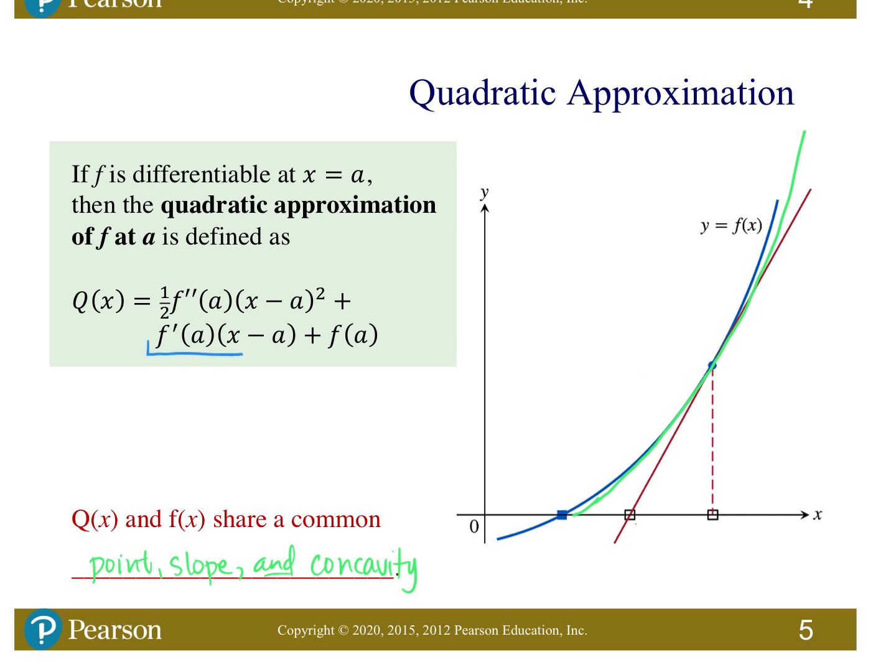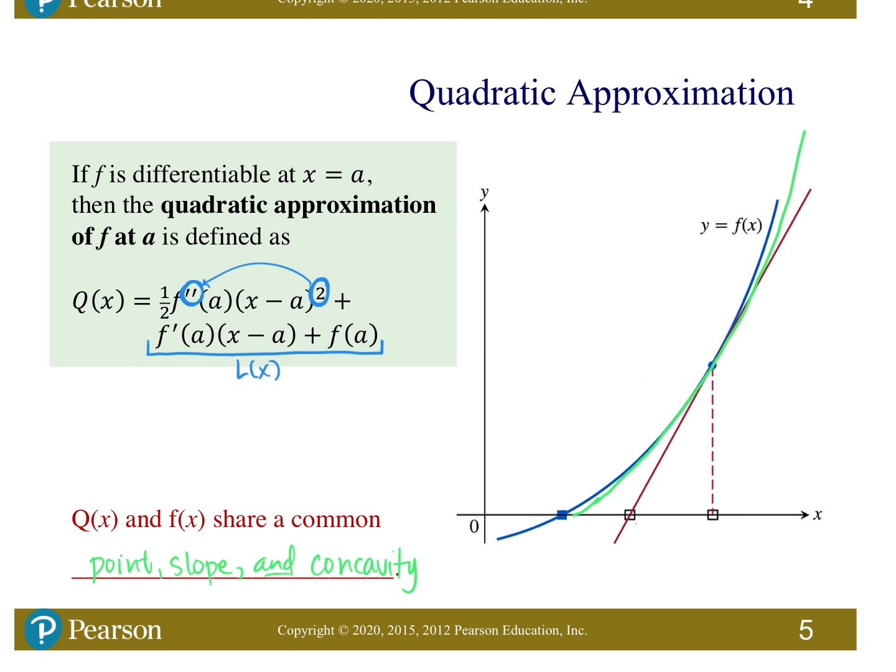This is the part right here that is the L of x, that's the linearization part, and we're going to add to it something that's squared. And so we'll take that same x minus a, and now we'll have a squared term, but that squared term is going to match the fact that it is a second degree